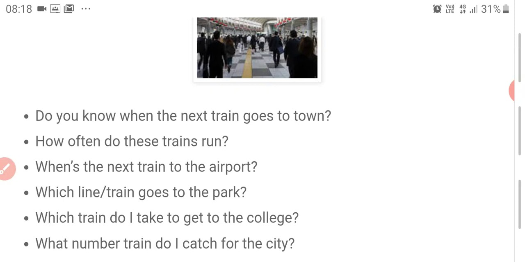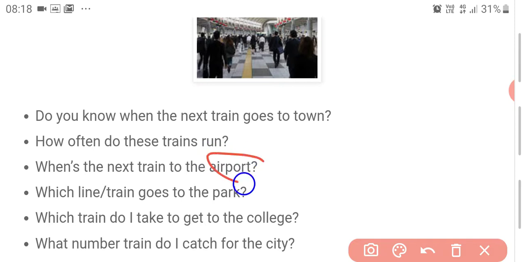When's the next train to the airport? Now this is something you would probably ask only when you're traveling by a metro or something like that, right? When's the next train to the airport? Which line or train goes to the park? Airport, park, all of these are,